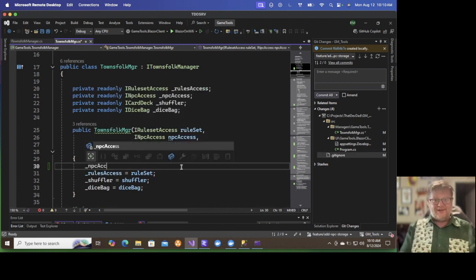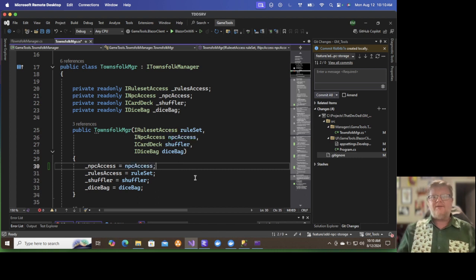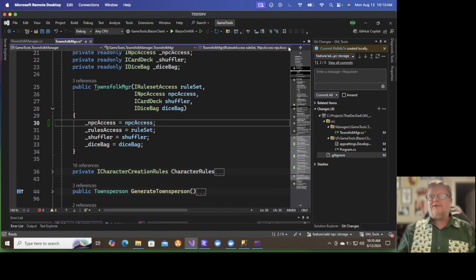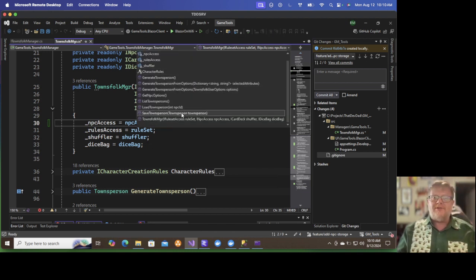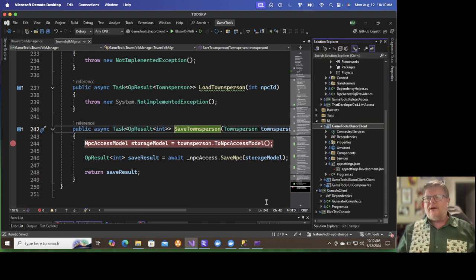Underscore NPC access equals NPC access. There's that. And let's look and make sure I've got Save Townsperson implemented and plumbed out. Okay. Let's put a breakpoint right here just to be ready for when we go to do this debugging. And now, take a drink of coffee